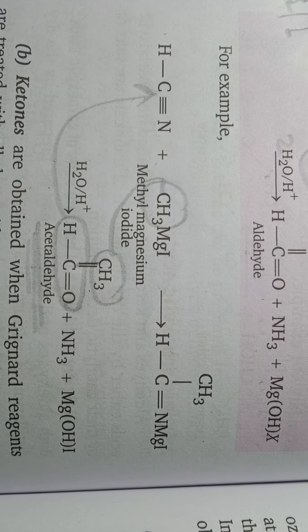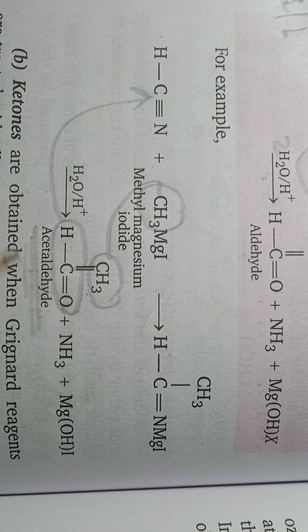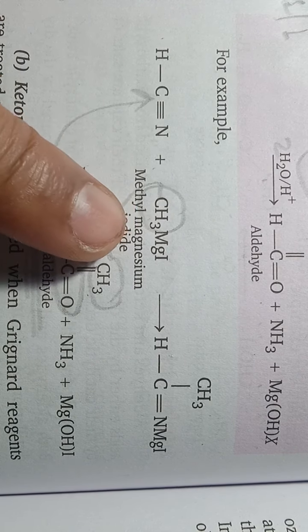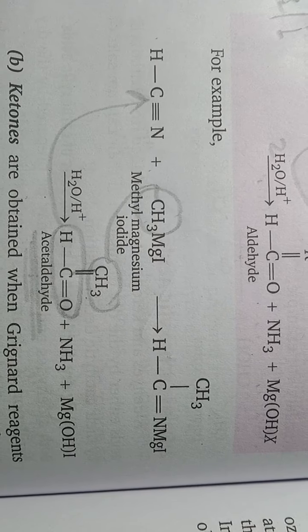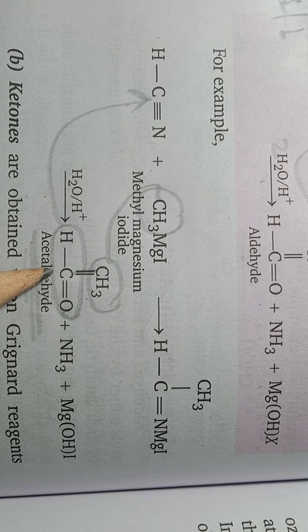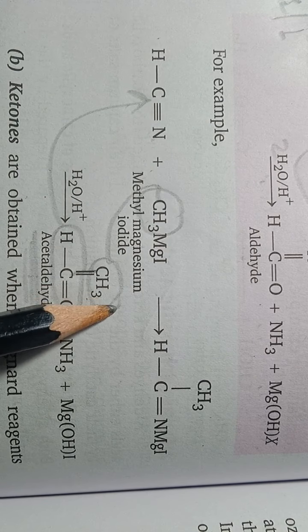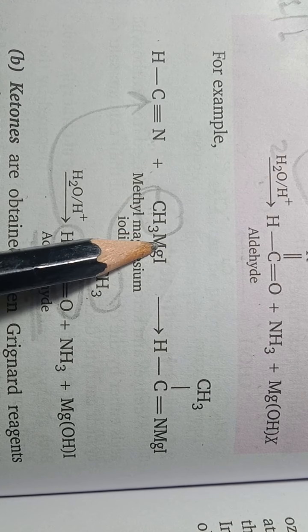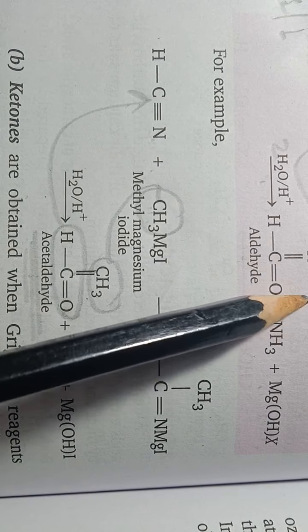Okay students, so to prepare a particular type of aldehyde, you have to decide which Grignard reagent you are going to take. Okay, so as you can see with the help of this example that in all the aldehyde, this aldehydic group will always come from hydrogen cyanide and the rest alkyl part from related Grignard reagent. Okay, and rest will be similar as here.